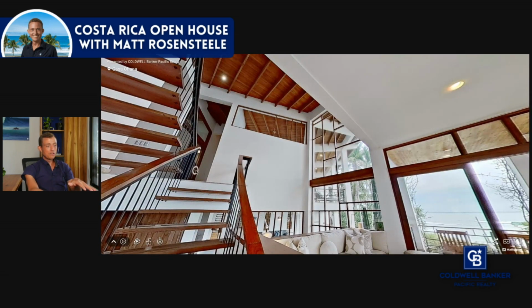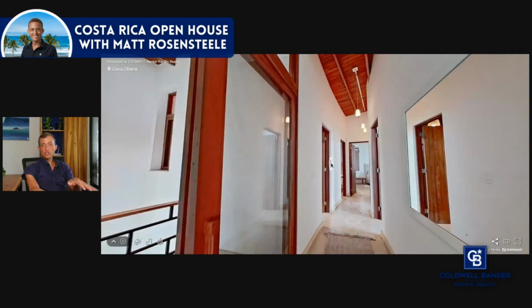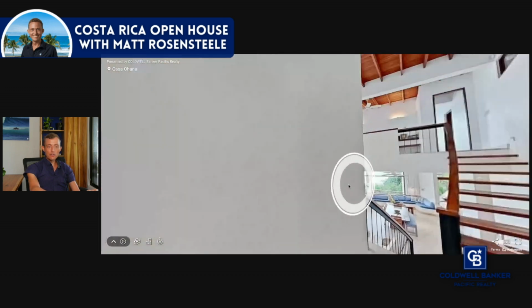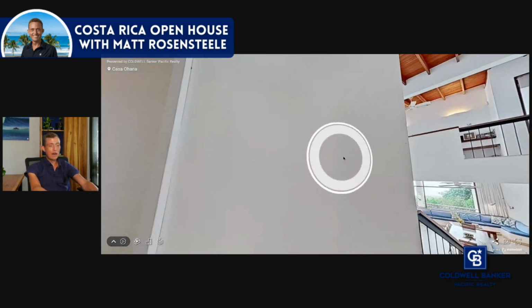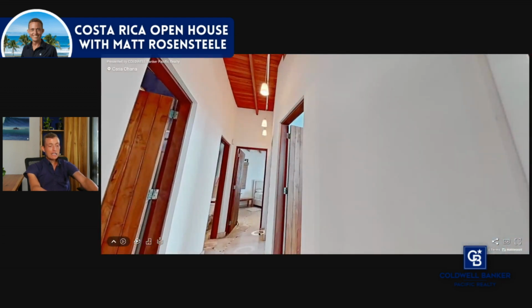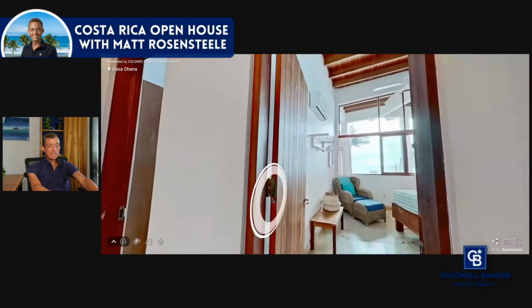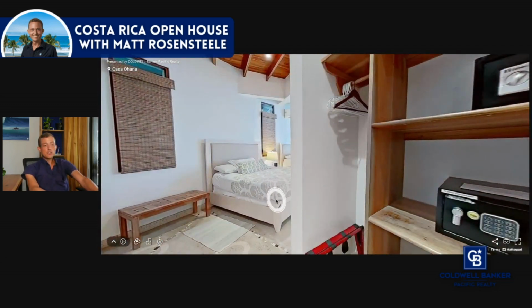Upstairs, you have all of your bedrooms. On one side of the house, in this direction, you've got your guest rooms. And on the other side of the stairwell, you have that primary suite where we were looking out from the balcony to begin with. Here, as we go into the guest rooms, one of the things I also wanted to demonstrate is how they